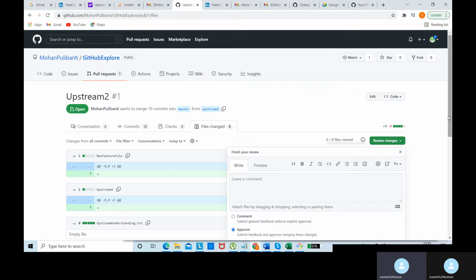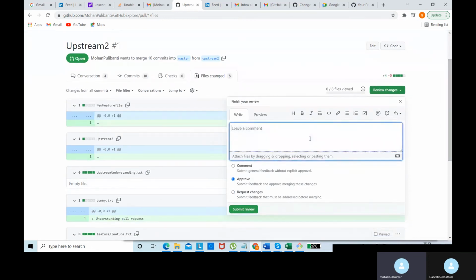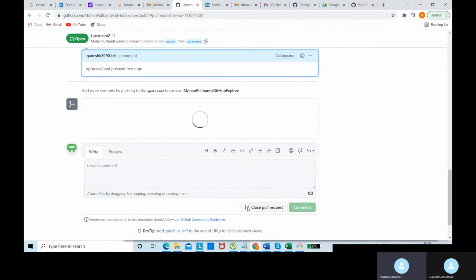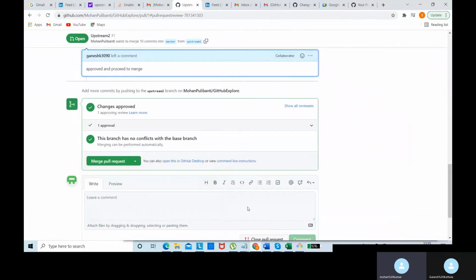In the comments you can say it is approved, proceed to merge. Once this is done, he can just submit the review for me. So it is approved. So this pull request is changes approved.